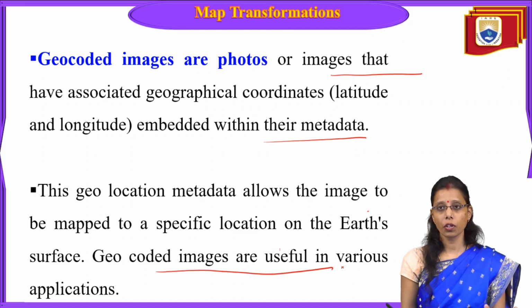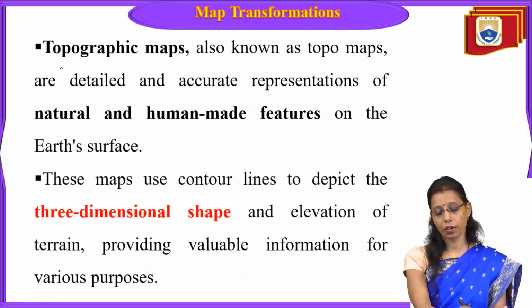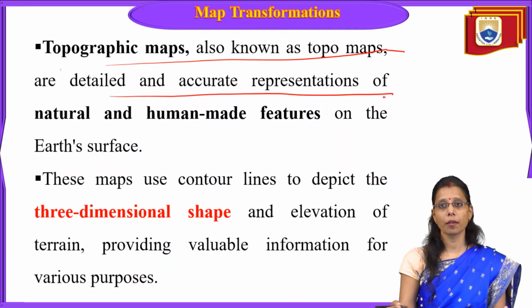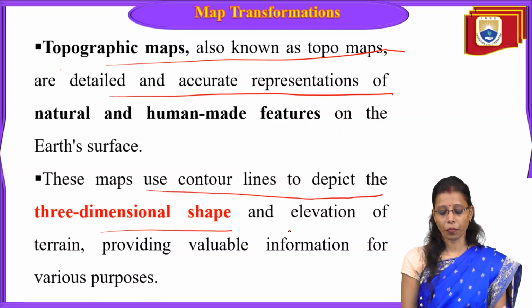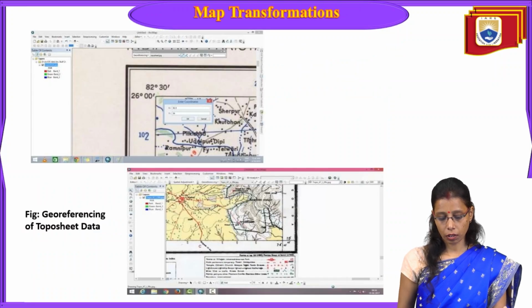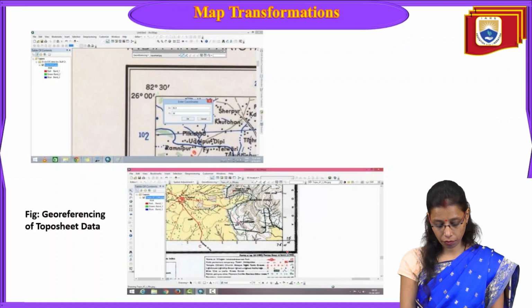Geocoded images are useful in various applications. Topographic maps, also known as topo maps, are detailed, accurate representations of natural and human-made features on the Earth's surface. These maps use contour lines to depict the three-dimensional shape and elevation of terrain, providing valuable information for various purposes. Now here, if you see georeferencing, which we have discussed,